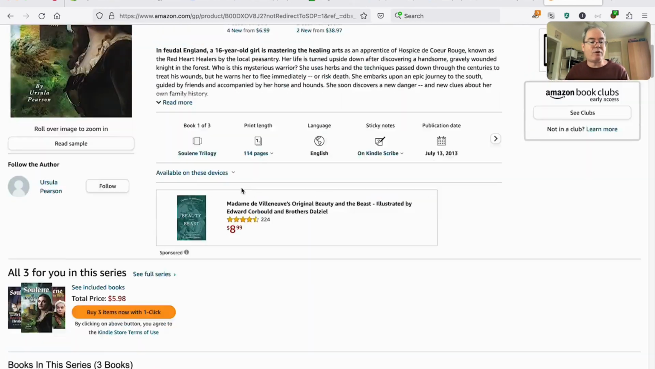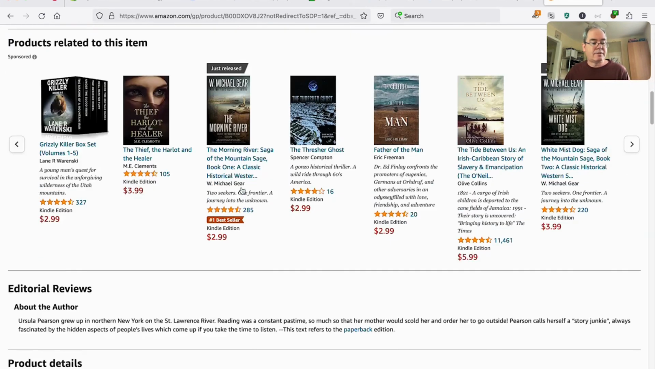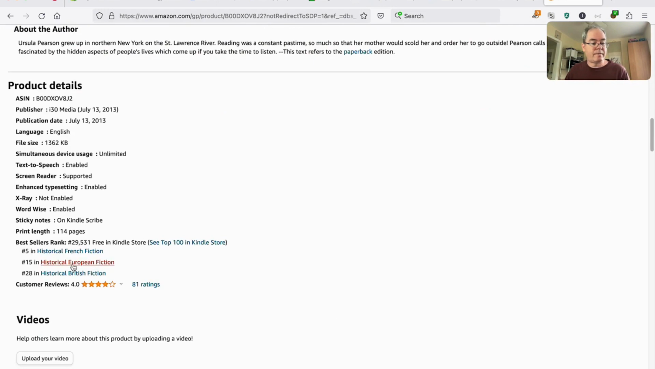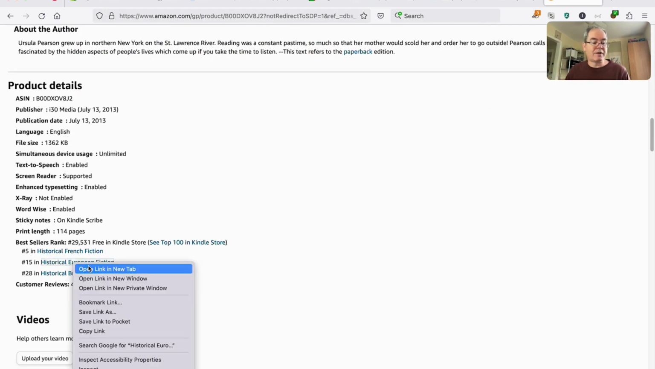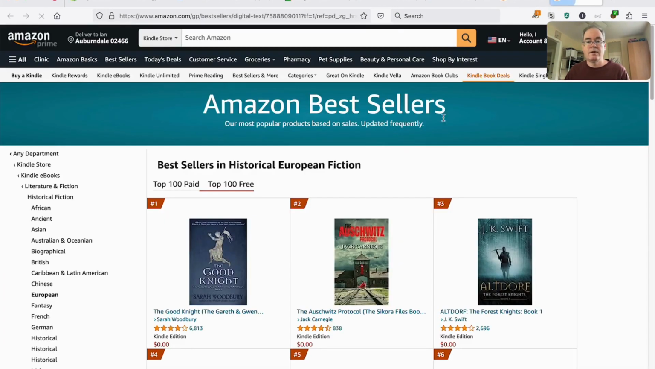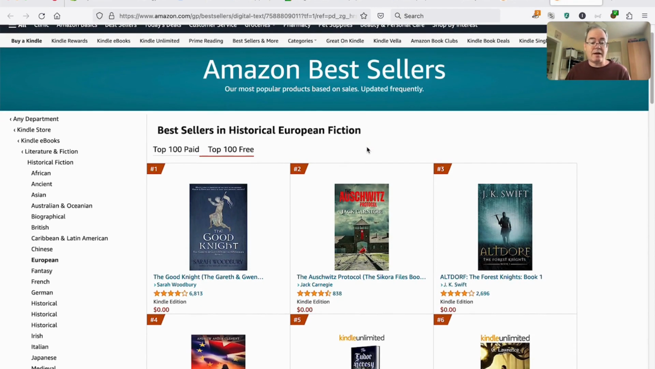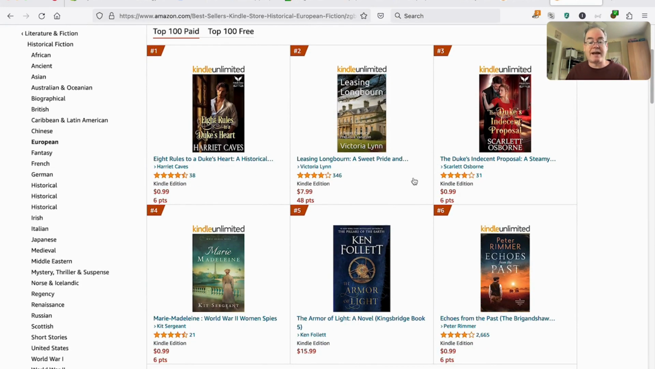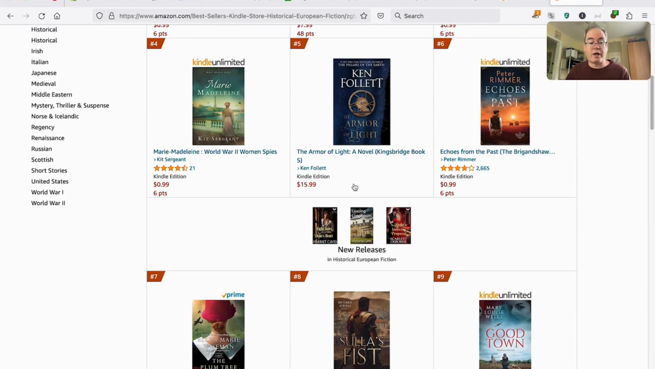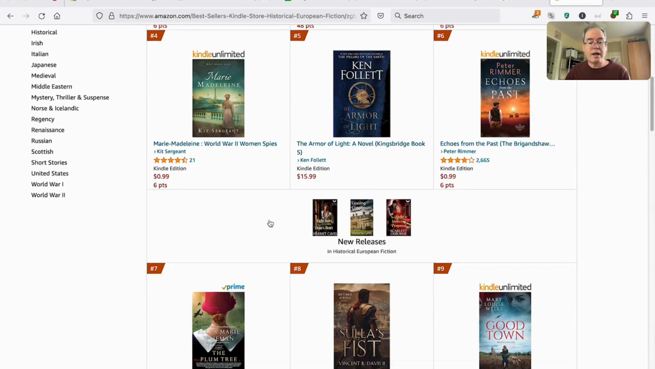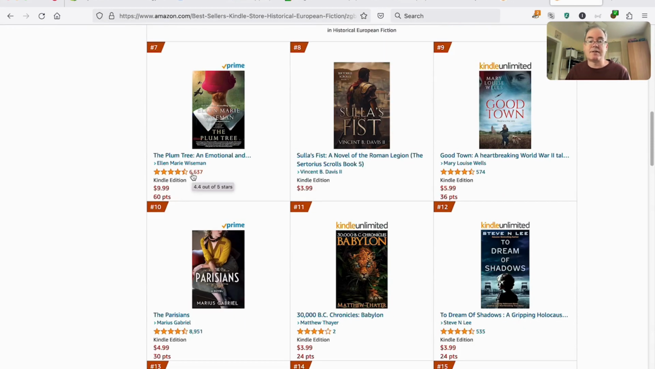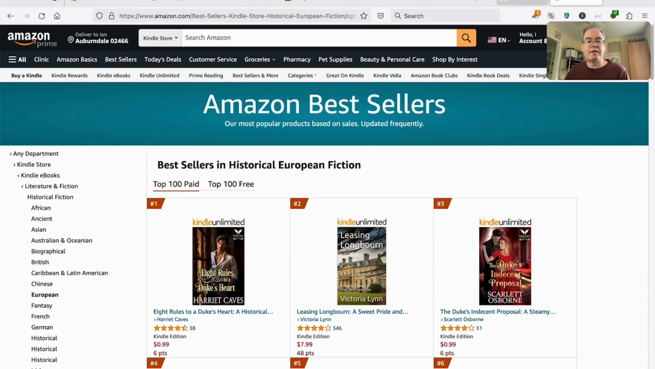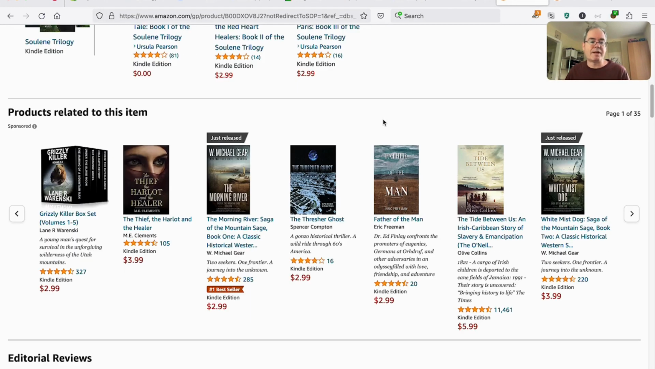And indeed, if you look at, let's see if we can find it here, historical European fiction. If you look at the books in historical European fiction, you can see oftentimes they have hundreds of different reviews going on. Some of these books actually have thousands of reviews. I would be taking a look at ways that this can be improved so